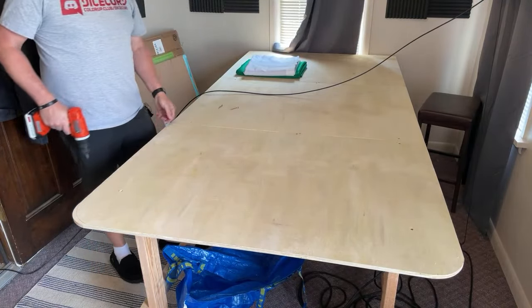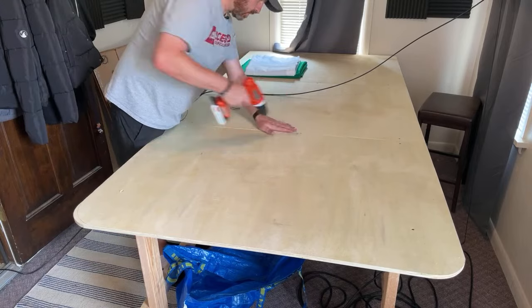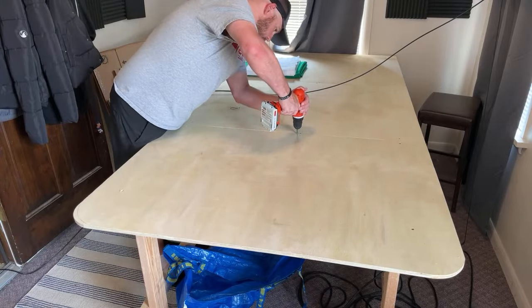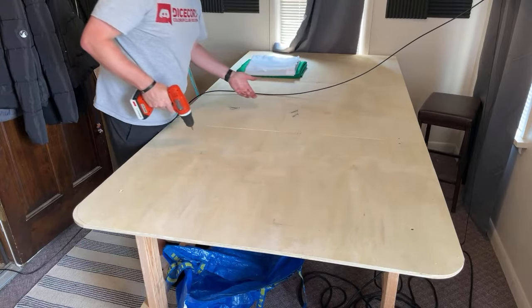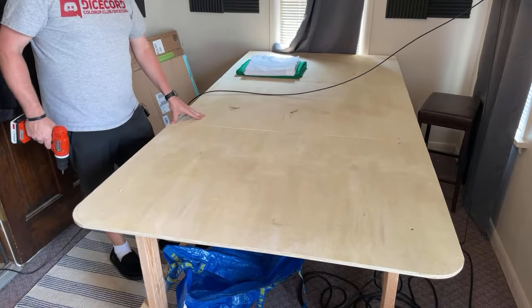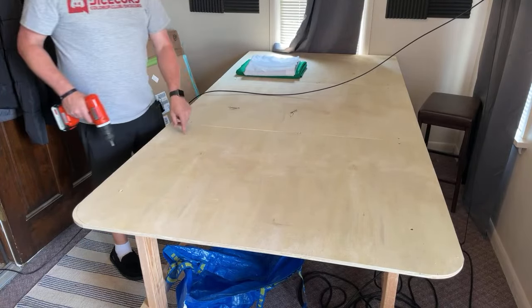So I did remember I drilled these and countersunk them. So I was trying to get it, you know, as smooth as possible. I would just throw this away and get something better. Let's see, it's not super stable. I am not a craftsman, but now this lumber...